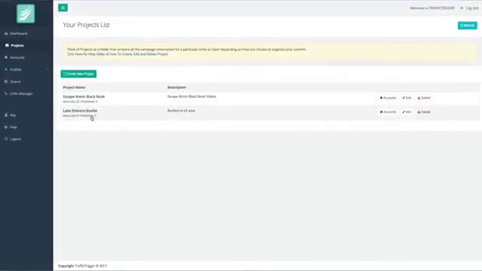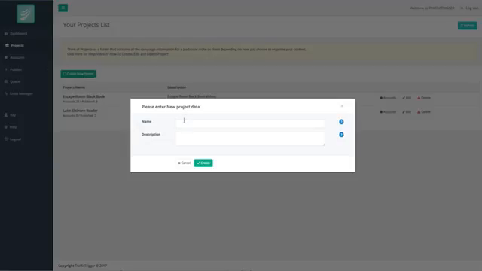Now, the way this works is you start off by creating a new project. You can see I've got a couple of different projects in here already, one for Escape Room Black Book and one for Lake Elsinore Roofer. And so what we're going to do is start a brand new one. And once again, we're going to do a roofing video. And this time we're going to call it San Diego